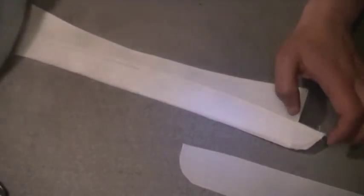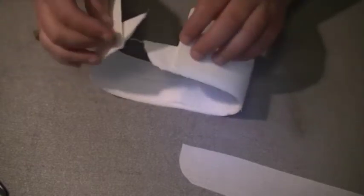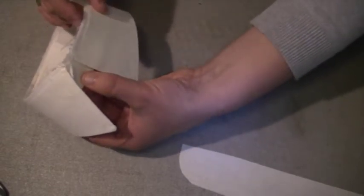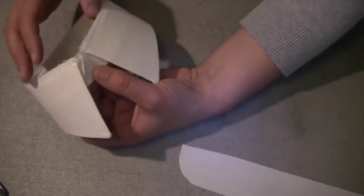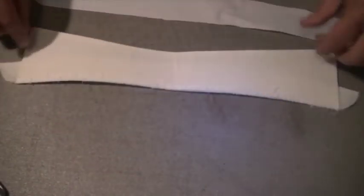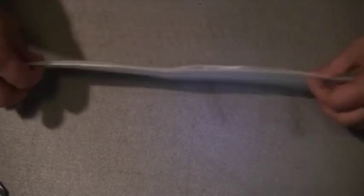Okay, so we just need to give this a press. Just press this down. And if I turn this around like so, you can see that your collar and the stand is starting to form. So the next part is we're attaching this other stand part onto here. So actually turn that over